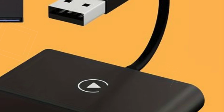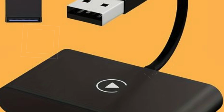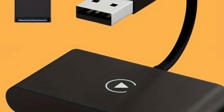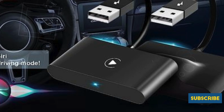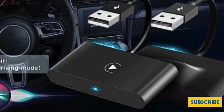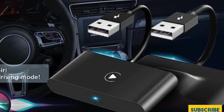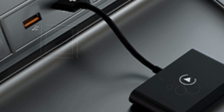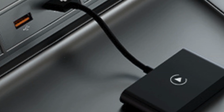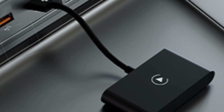Whether you prefer using the touchscreen, steering wheel controls, or voice commands, this adapter enhances your driving experience with its responsive 5 GHz Wi-Fi module that quickly syncs with your iPhone. Moreover, the Lefinis adapter ensures a fully automated driving experience. Once installed, it effortlessly pairs with your iPhone whenever you start your vehicle, even if your phone is in your bag or pocket. Its robust build quality and user-friendly design make it an essential upgrade for Apple enthusiasts looking to